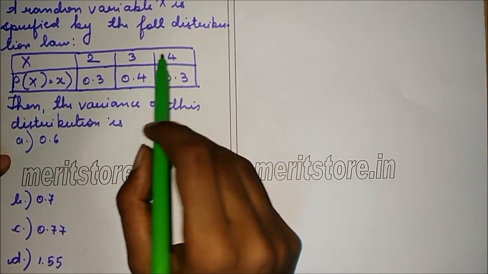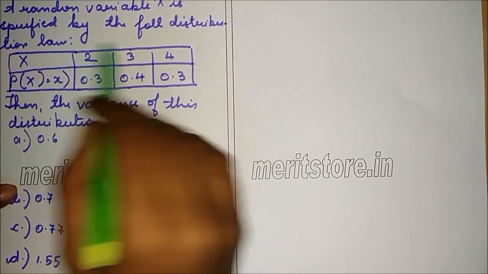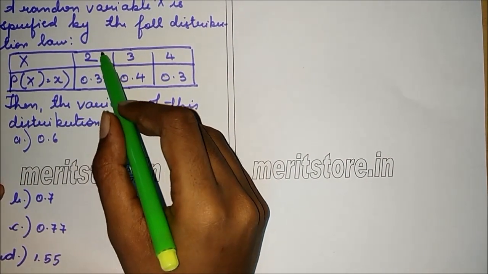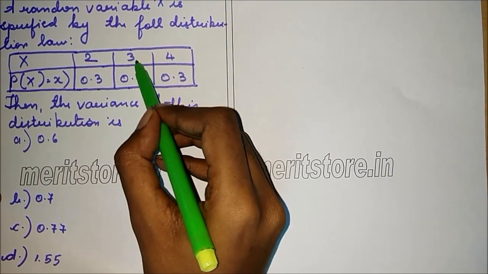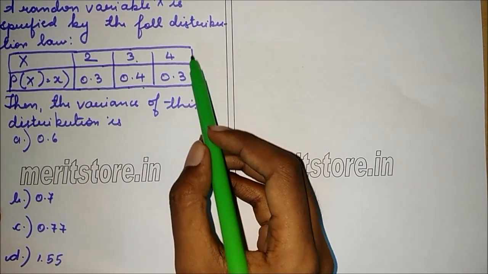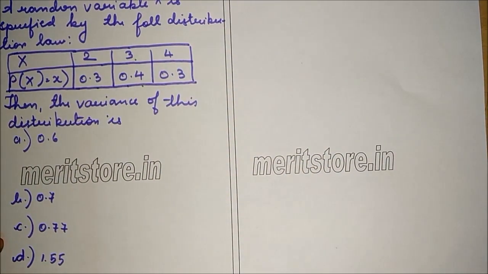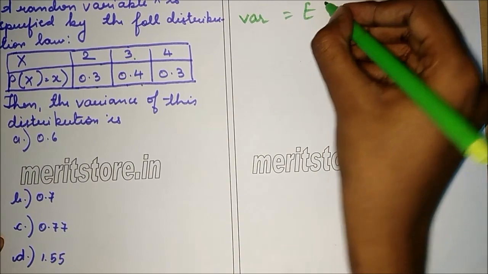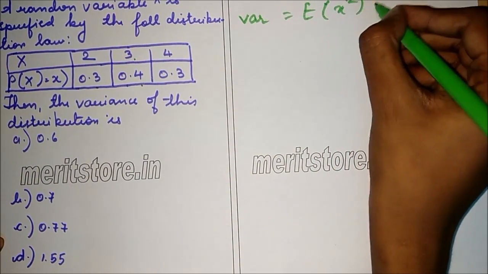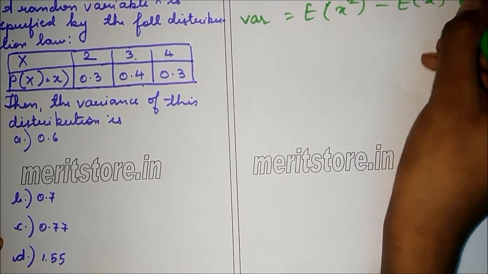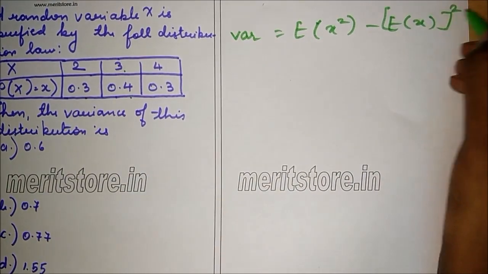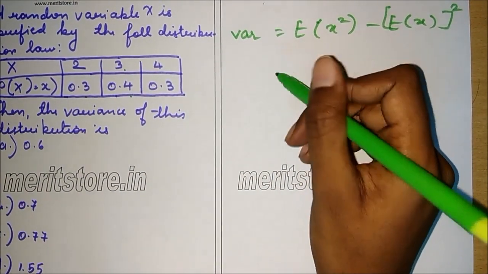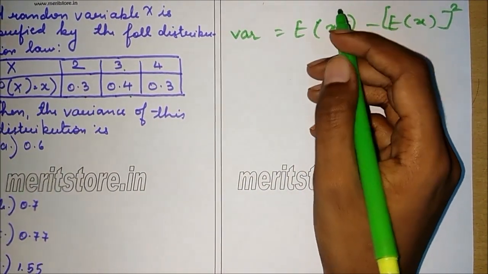A random variable x is specified by the following distribution law. For x equals 2, probability is 0.3. For x equals 3, probability is 0.4. And for x equals 4, probability is 0.3. Then the variance of this distribution table is, so variance is given by E of x square minus E of x the whole square,